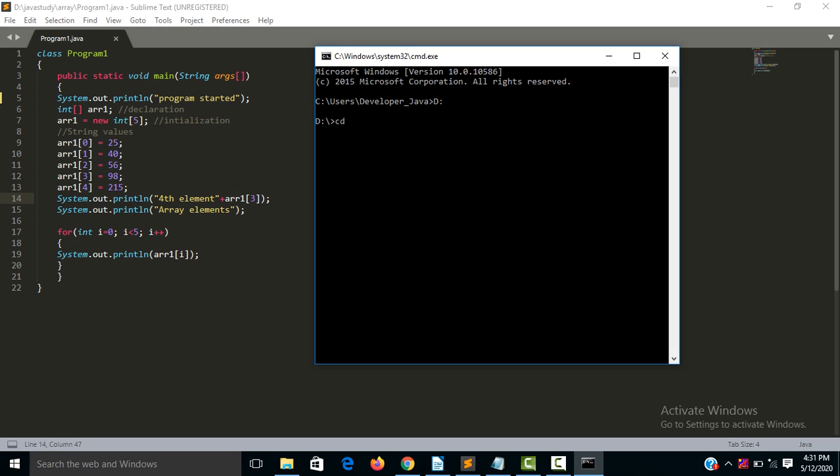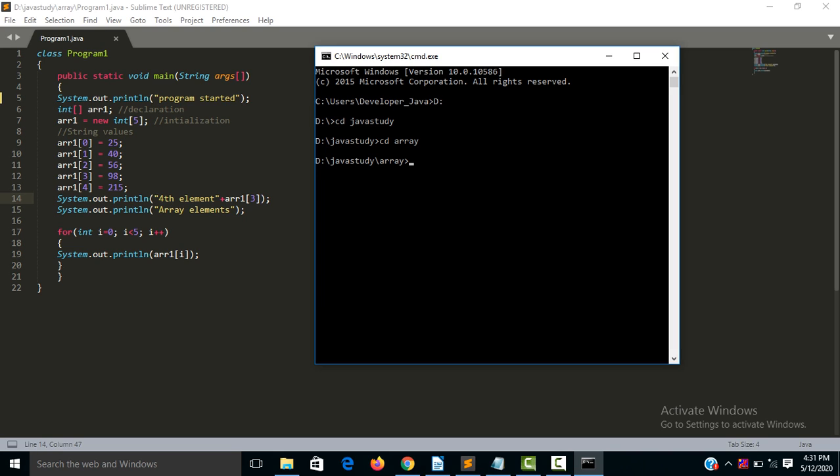One folder is there inside the D drive, that is Java study, and one folder inside Java study, that is array. So we have to go there, cd array, and then we need to compile the program.